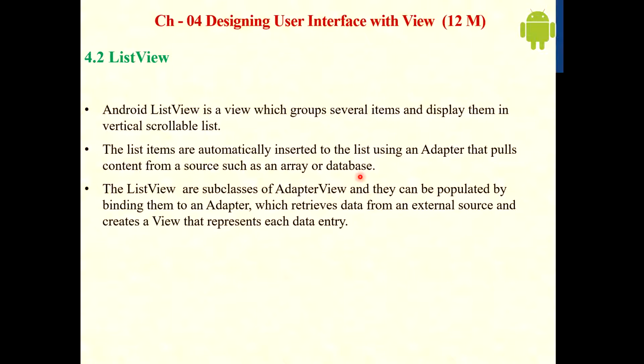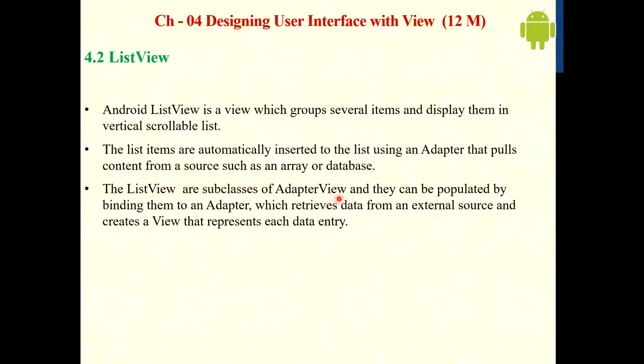In Android Studio, in XML we define the code to display the list, but to add the components in the list we create one array adapter in Java code and then add it to the list.